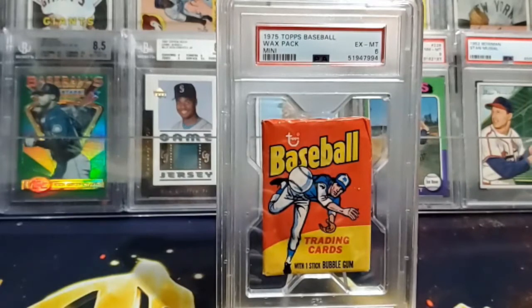Now, obviously, I'd love to get me a '75 Topps regular pack, but the packs I really want to get are obviously some early 70s or even the 60s packs. But I think realistically '74s and maybe some O-Pee-Chee packs, so this is what I call opportunistic collecting for me. I get these in auctions or when I see them come up for sale, but I don't actively look for packs all the time. It's not in my main searches, as I'm still trying to complete